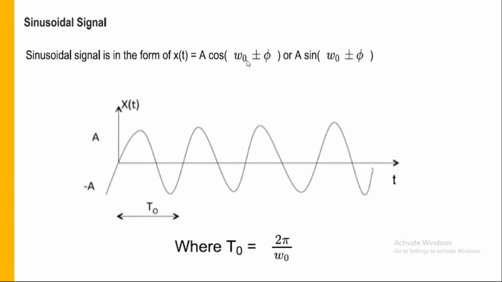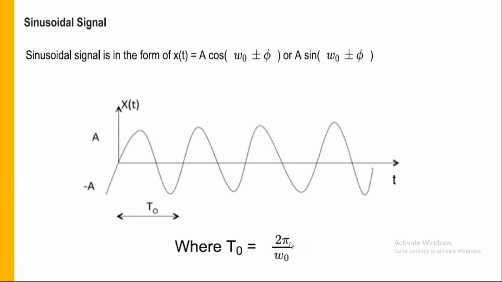Now to write this, we have a mathematical relation. Suppose we want this waveform to complete one revolution. When I say complete one revolution, it means it should start from 0, this is pi and this is 2 pi. Again the same waveform is repeating, right? You can call this T naught, the period of the waveform, which you can write as T naught equal to 2 pi by omega naught.